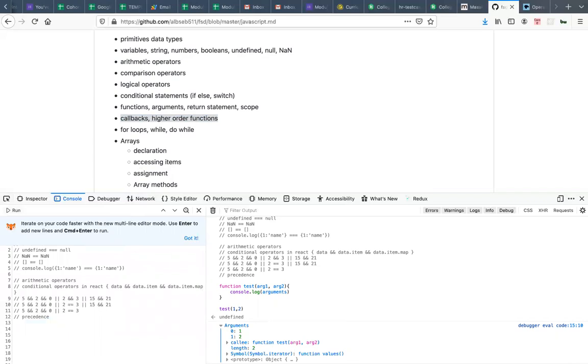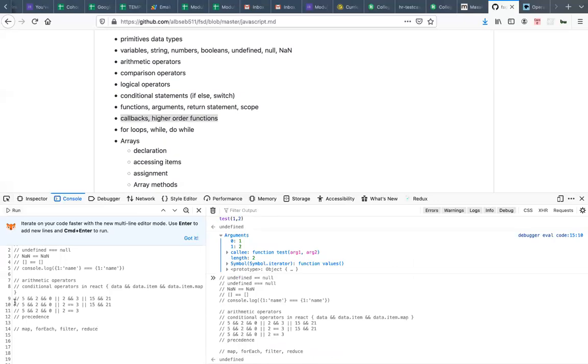You already know map, forEach, filter, or reduce. A lot of times you'll be asked the difference between map and forEach. Very important. So these are all higher order functions. These come under the functional programming paradigm. But what you have to understand about these is that